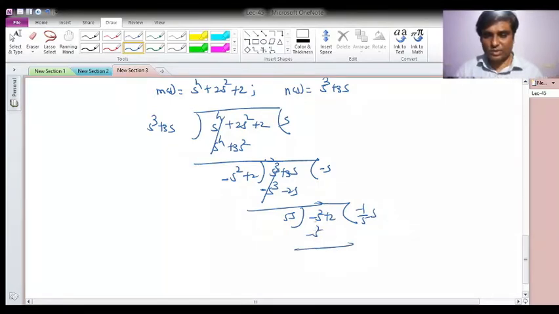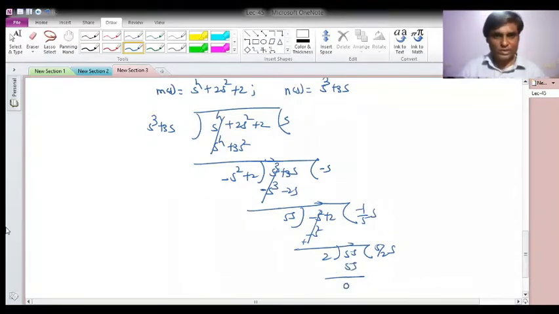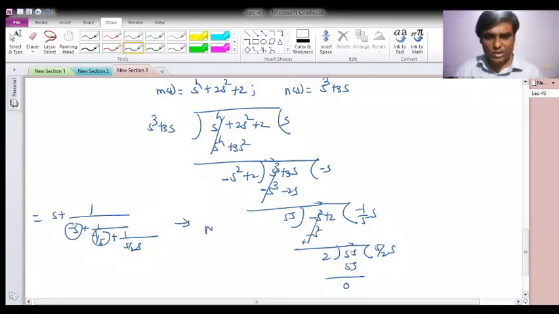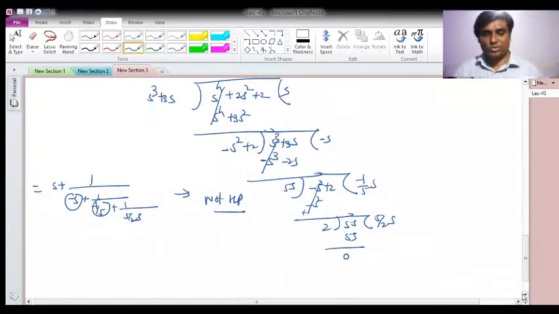Okay, so this will cancel, it is plus 2, so this will be plus 2, again it is divided by 5s, so it is 5 by 2s, which will be 5s, and this is 0. So what is the continued fraction expansion here? It will be s plus 1 by minus s plus 1 by minus 1 by 5s plus 1 by 5 by 2s. I observe that this quotient is negative, that's why this is not a Hurwitz polynomial. Okay, so again the quotient should not be negative.